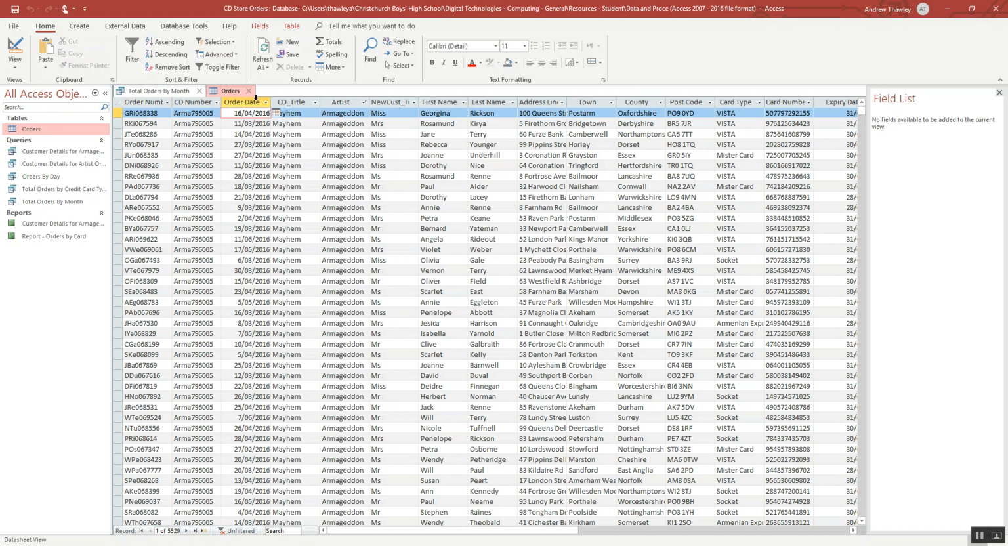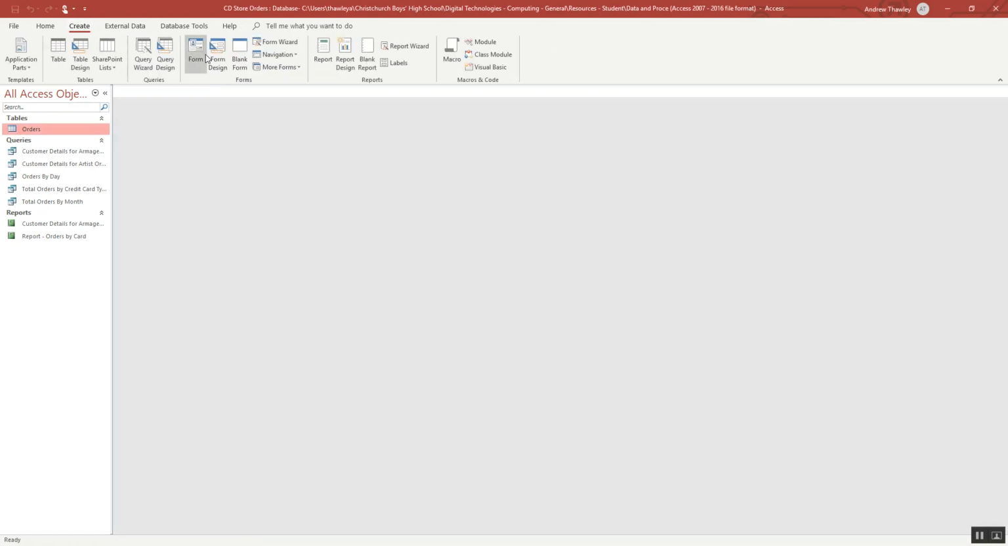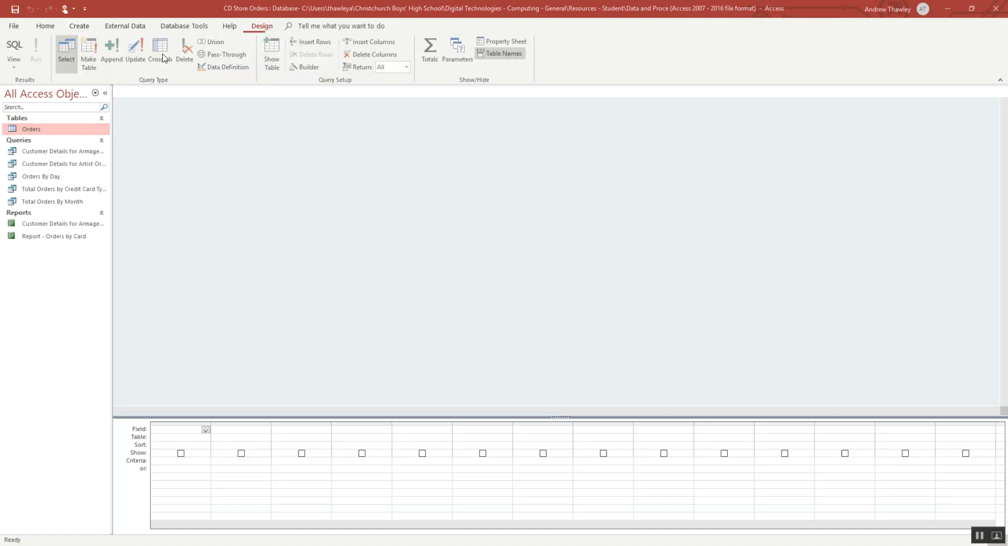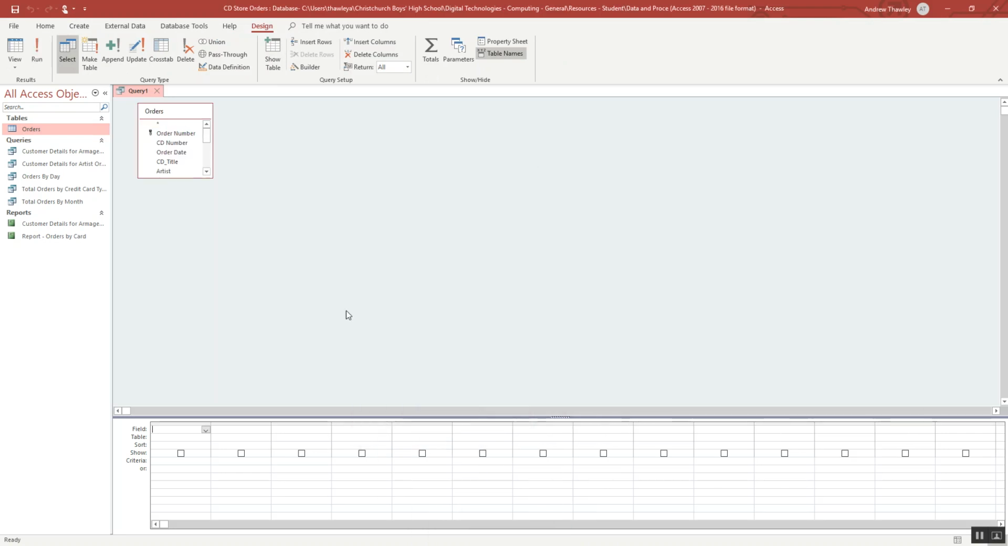So we can't modify that, but we could actually do a similar process rather than looking at just the month, but add an extra column to get the years as well. So we've got a few stages we need to go through to set this up. So we're going to go through our usual process: query, design, add in the orders table,